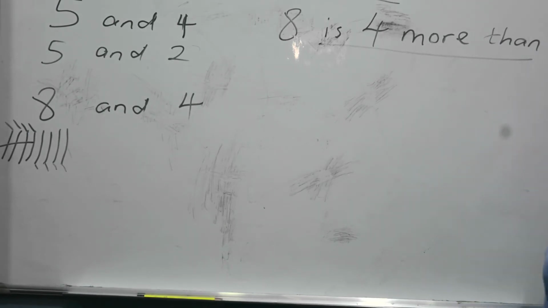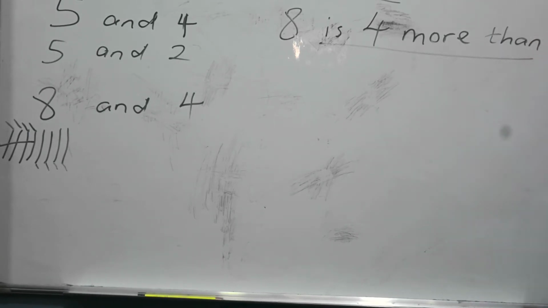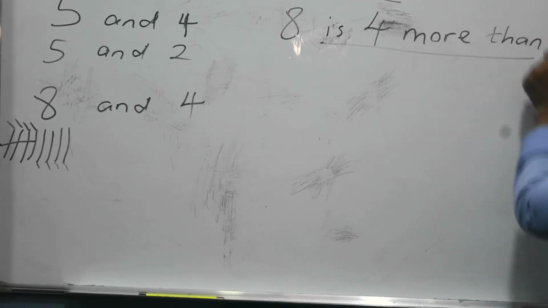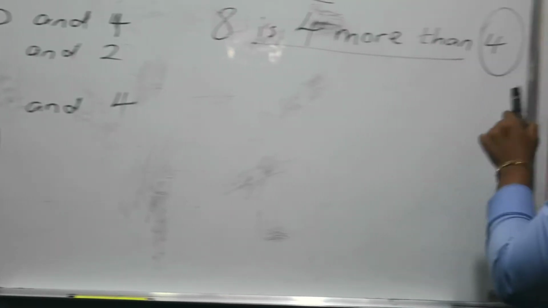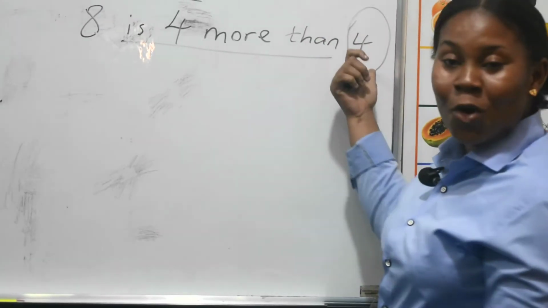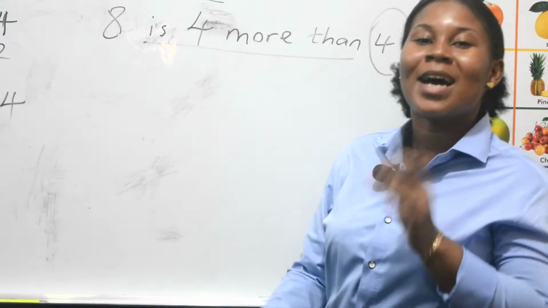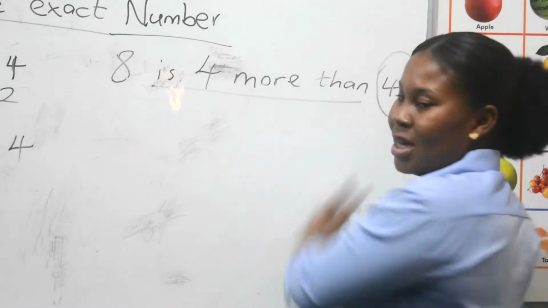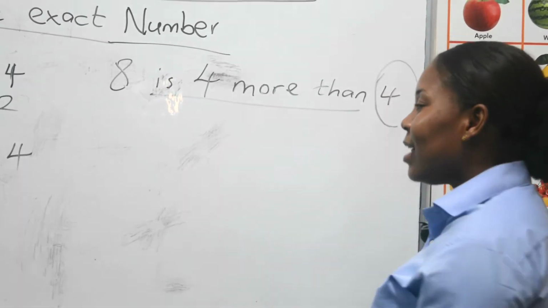What you are trying to say here is, if you have 4 and you want to get 8, you have to add another 4 to the 4 here before you will get 8. The last example,